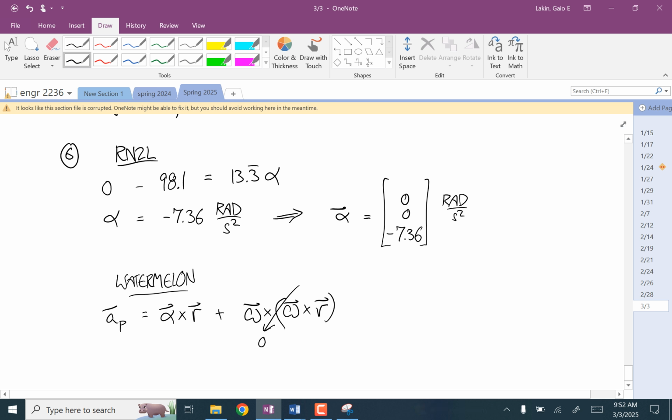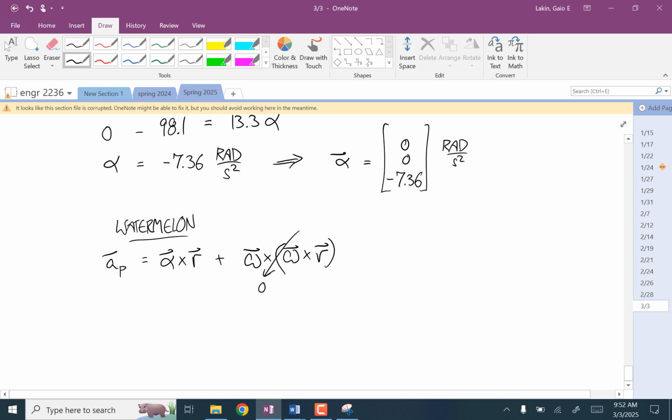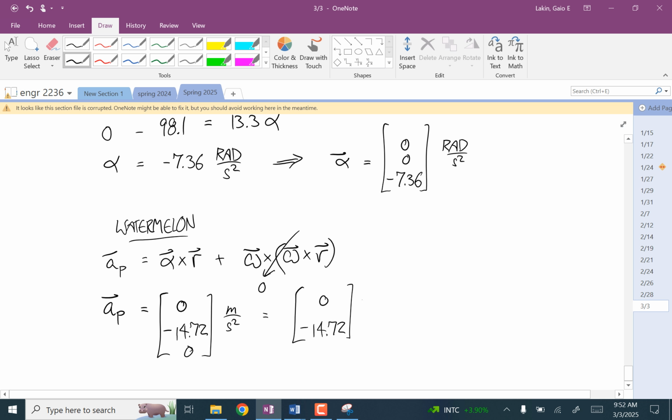And I'll just write out a value here for you, and then if you want to try this, you can. So this just gives you 0, negative 14.72. Okay, that's all for today. What would